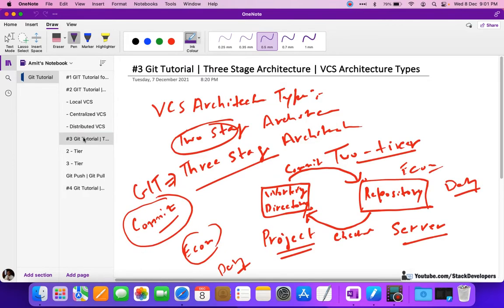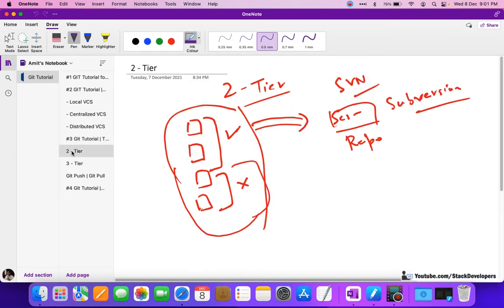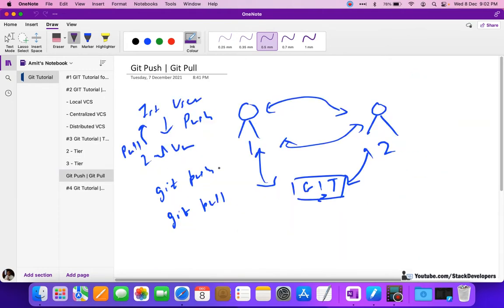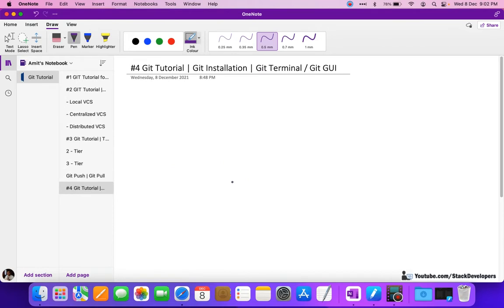After that we learned about the VCS architecture types. Git is a three-stage architecture. There are also VCS that support two-tier, but Git supports three-tier, which is the best architecture available nowadays. After that we took a brief overview of the push and pull commands of Git, which we will learn in detail in future videos. And now it's part 4 of the Git tutorial,